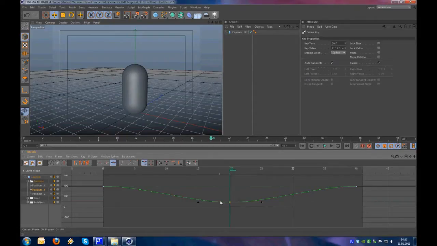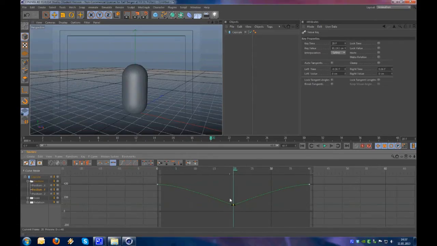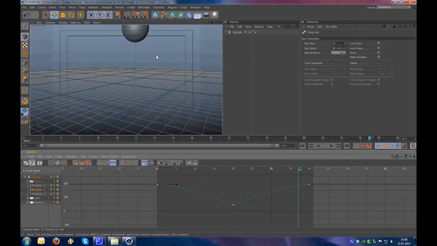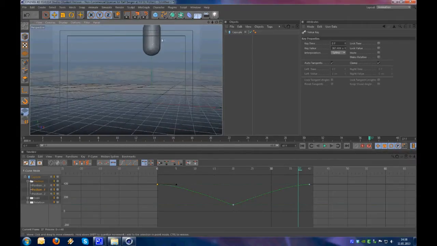If we select our middle key point, we could just grab this and make it go down. Now we have a curve which is continuously going downwards, and now it looks already much better, but still not okay,